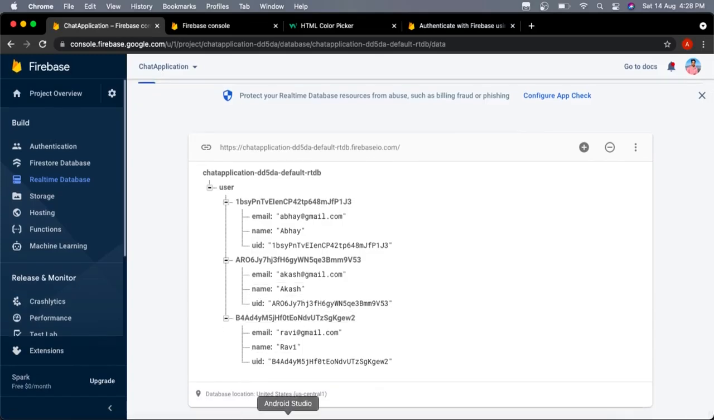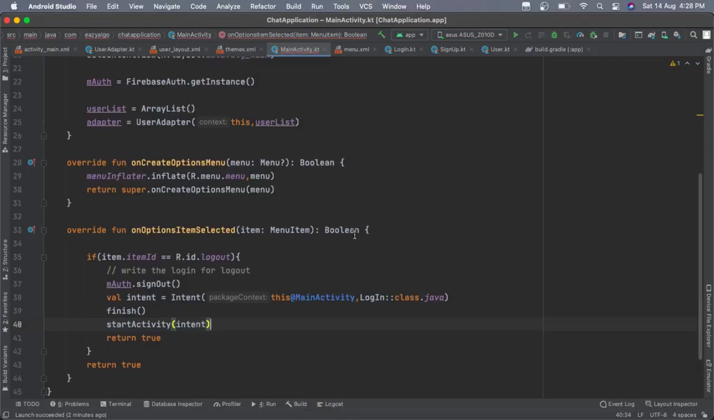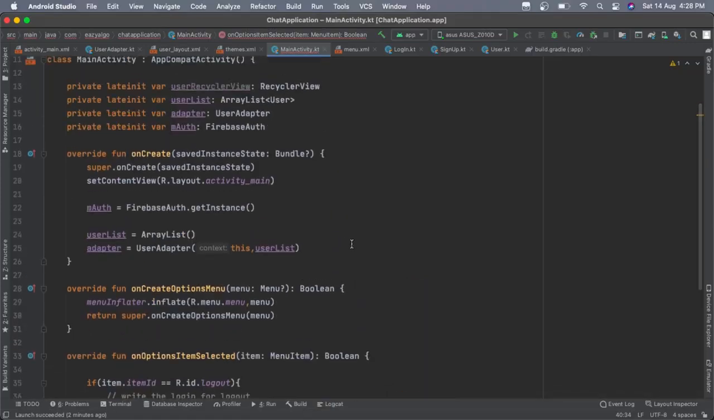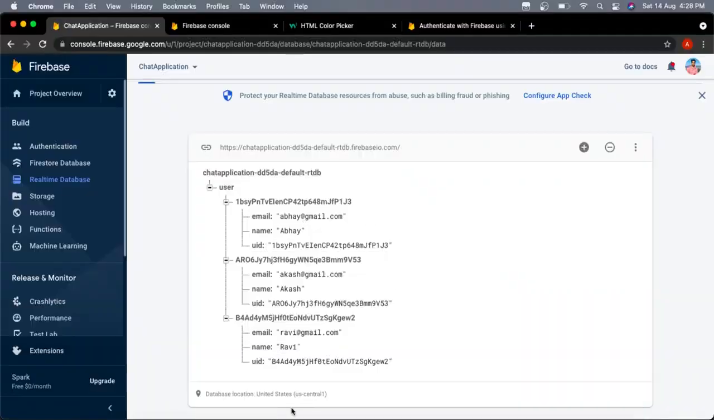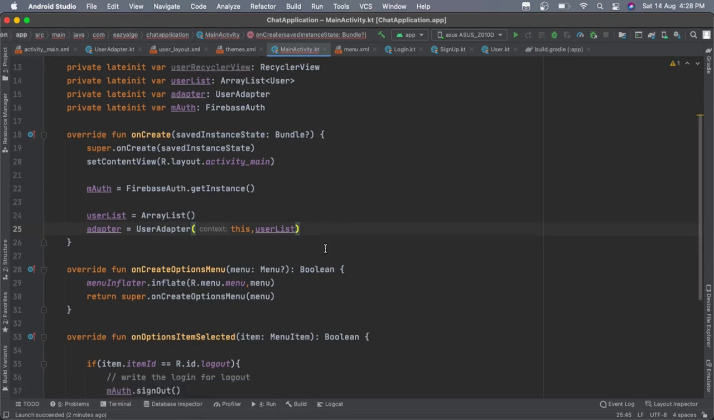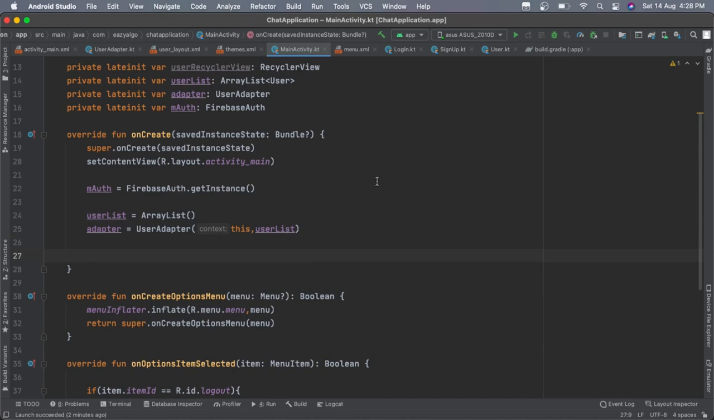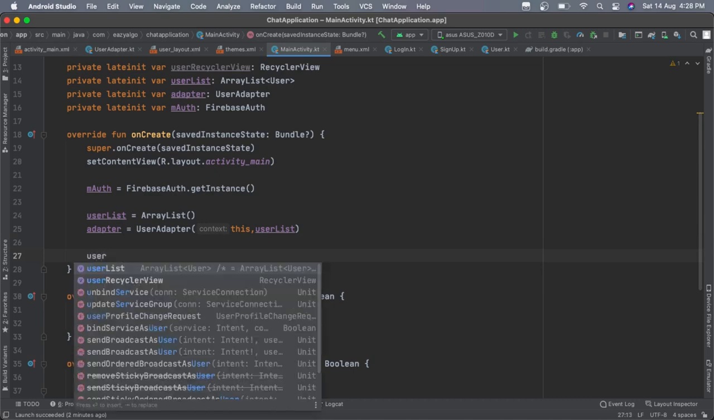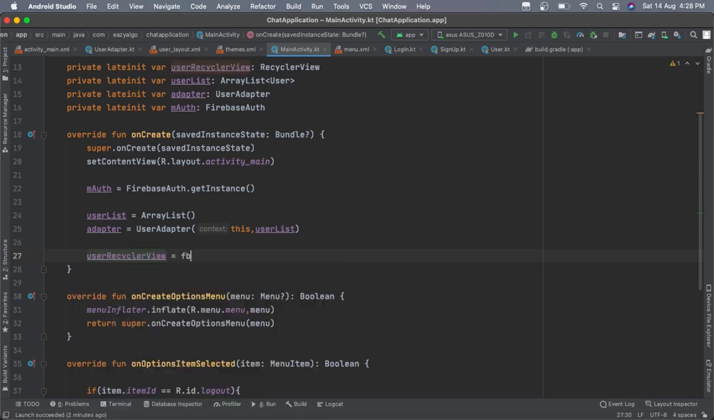Now our next task is to show the list of user in the recycler view, or all the users that are there in the database in our recycler view. So let's do it. So we have our user list and the adapter. Now let's initialize the recycler view. So user recycler view is equals to find view by id,